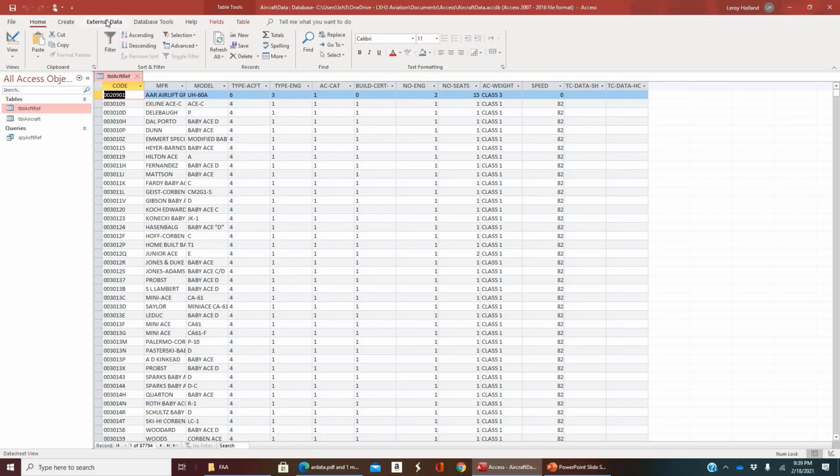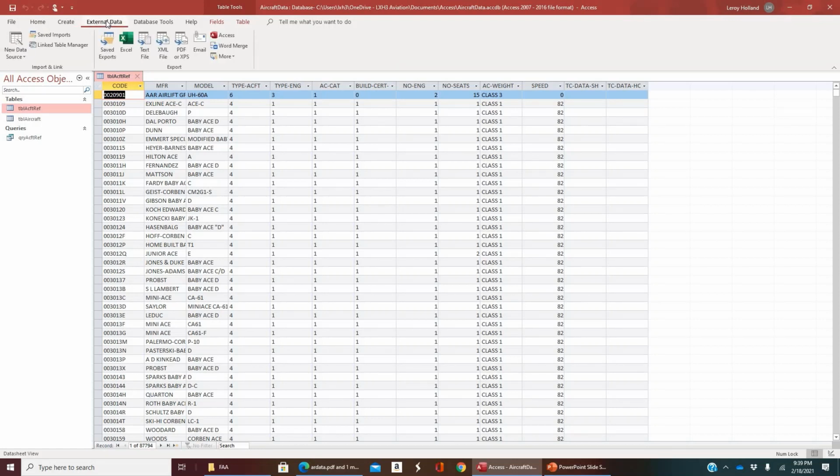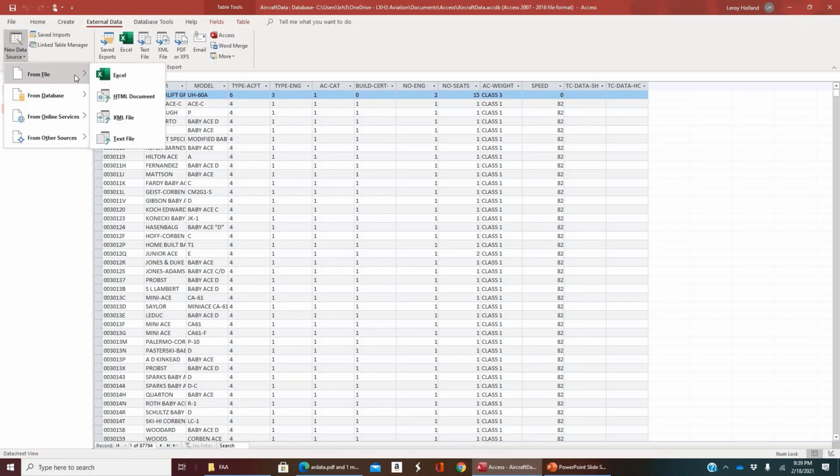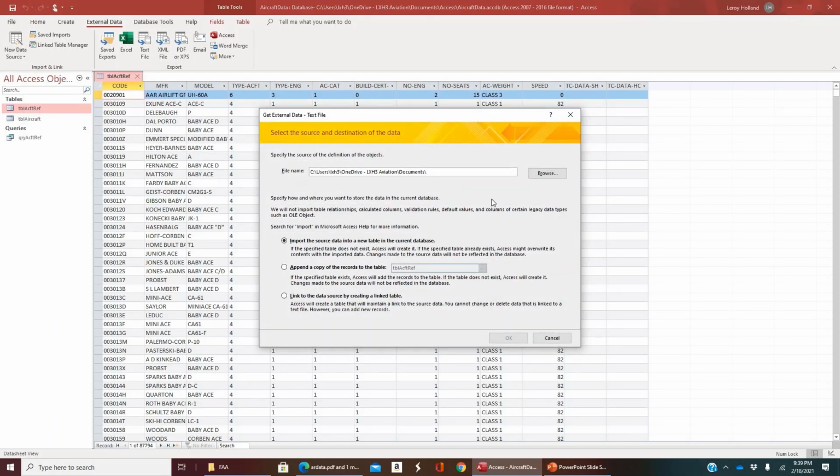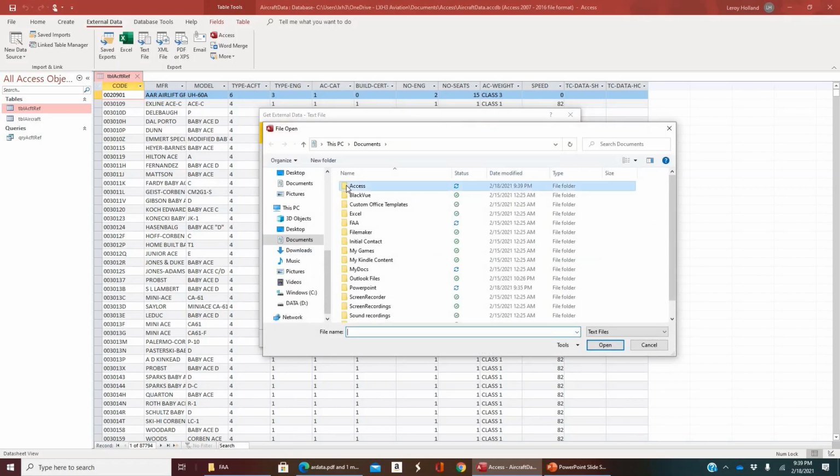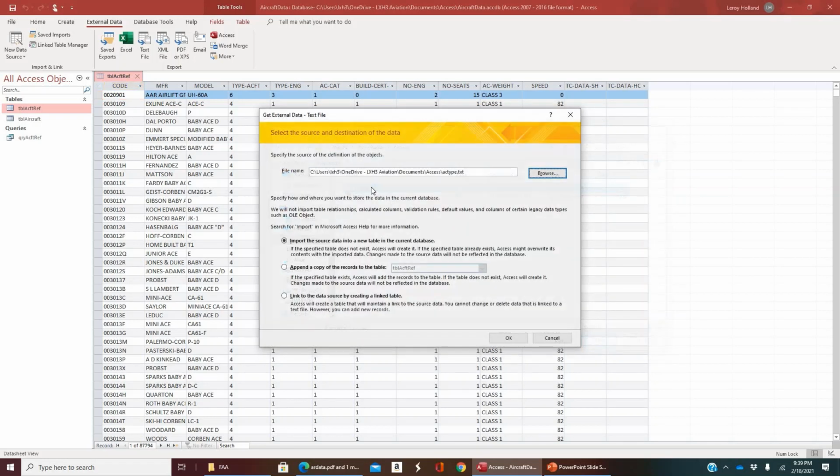And I am going to go back to external data, and I want to have a new data source, and it will be from a file, and it's going to be from a text file. So we'll browse for it under Access, and there it is, aircraft type. Now we'll choose OK,